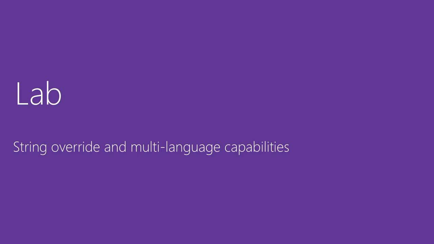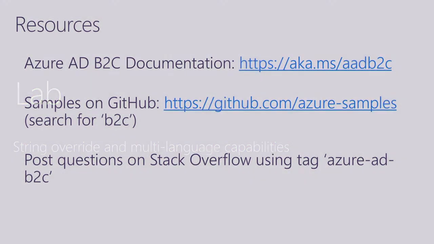So we're going to work on a lab right now for about 15 to 20 minutes. For the people who don't have the pre-work set up, Sarah and I will be walking around helping you answer any questions. There are additional resources that you can look at. We have our documentation page. We have our samples that you can look up on GitHub. And then there's also a website we have, which is called jwt.ms, that you can use to decode tokens. If you want to just run a policy to test it out, it's a great website to redirect to. Just add it as part of the reply URLs when you're signing up an application.